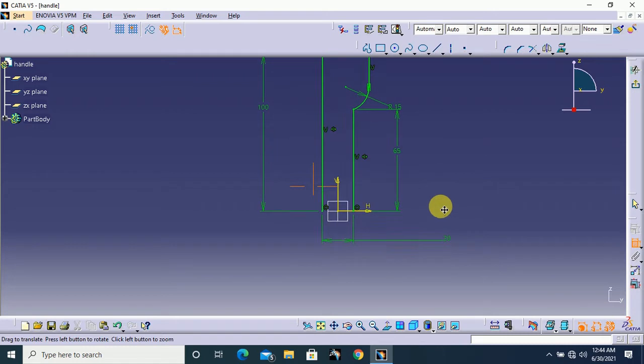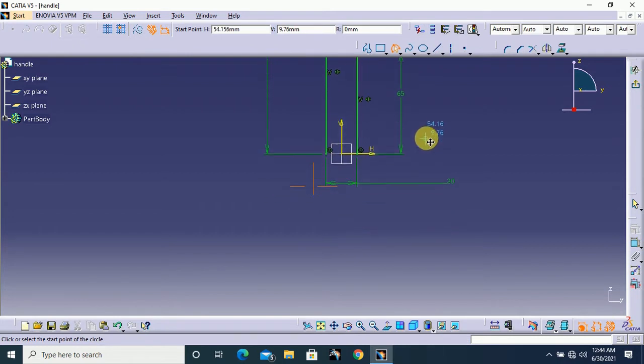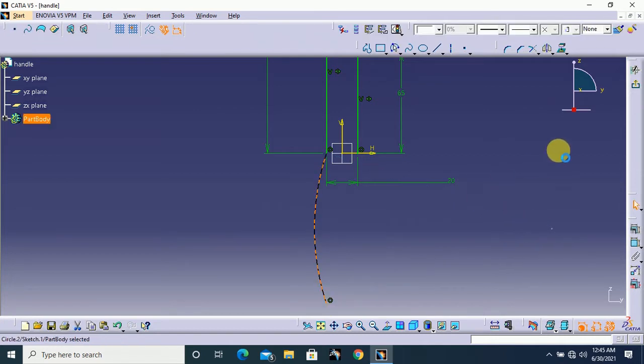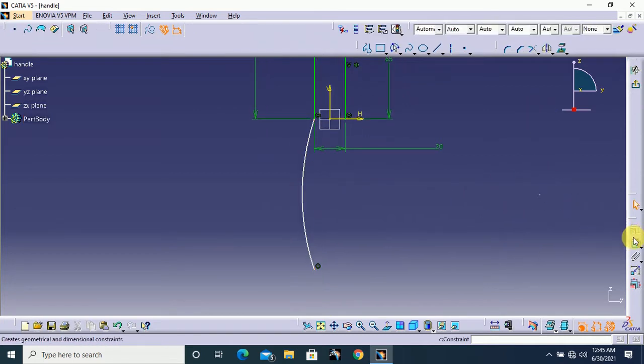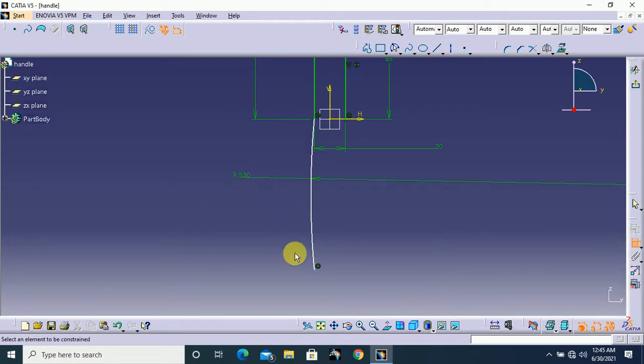And come down here, we need to make one 3-point arc, so I select 3-point arc. Here draw one arc like this. After that select constraint, the radius 530 mm, height 150 mm,